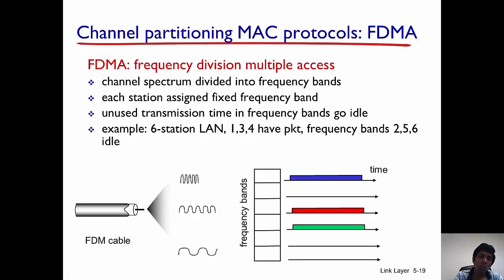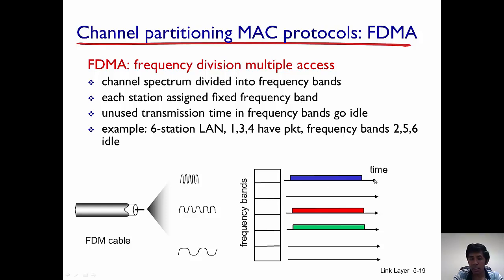Now, you could also think of dividing frequency into slots. So what you have is the entire range of this frequency spectrum that is allocated is divided into a number of bands. Each band is given to a particular user. So here we're looking at the same example where there are 6 nodes in a LAN, and each node has been given a particular frequency band. So you can see that the first frequency band is given to user 1, the second to user 2, and so on. Once again, because only 1, 3, and 4 have anything to transmit, they transmit.